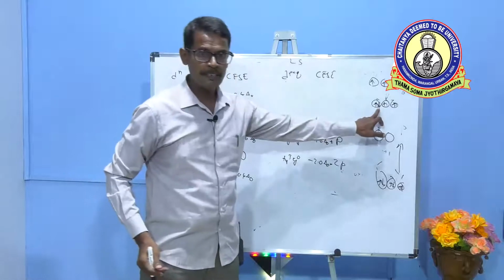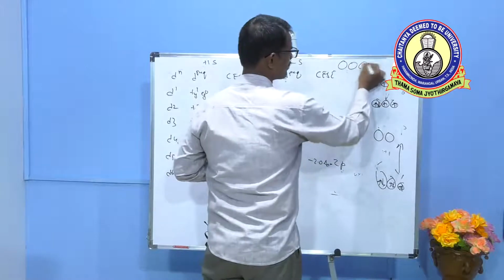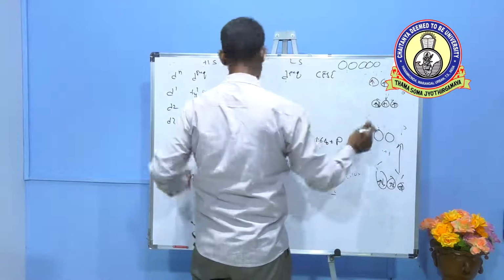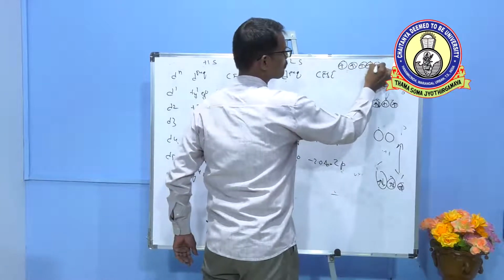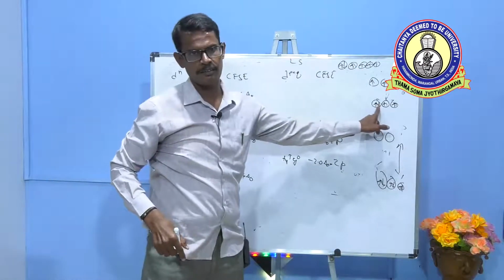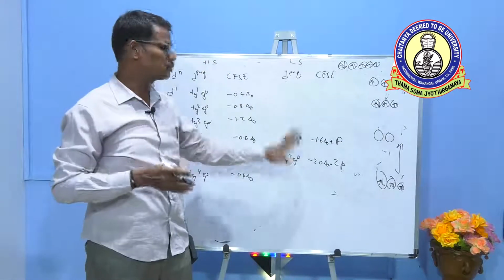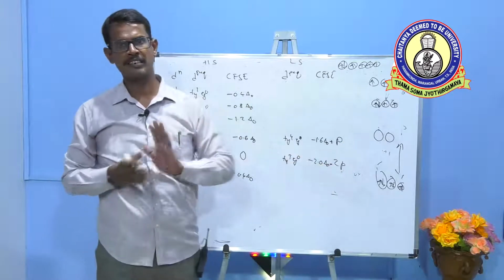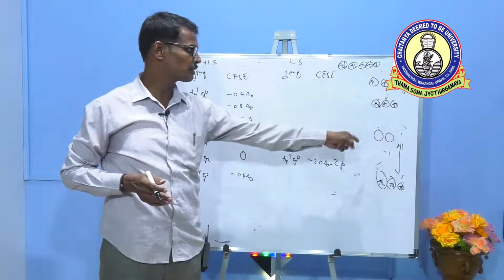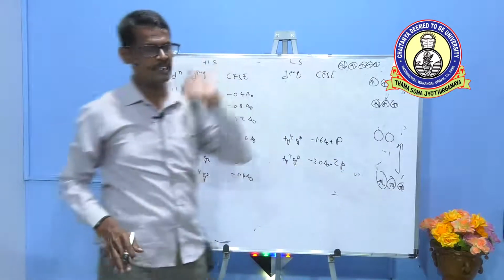Here this electron is paired, but we do not consider it as a paired electron. Why? Because in the hypothetical energy state of the free metal ion, when 4 plus 2, 6 electrons are present, 1, 2, 3, 4, 5, 6, one pair is already there. So we do not consider that pair here. Which pair is considered? Only the pair which is produced due to the crystal field splitting. A pair that is not produced due to the crystal field splitting is not considered.